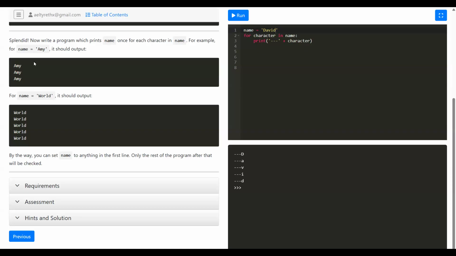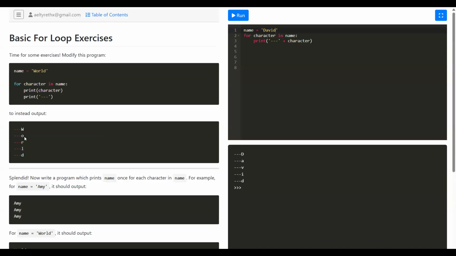Excuse me. Can you explain that part he was talking about? Which part, sorry? The basic for loops. Of here? Yes, the world part. Oh,